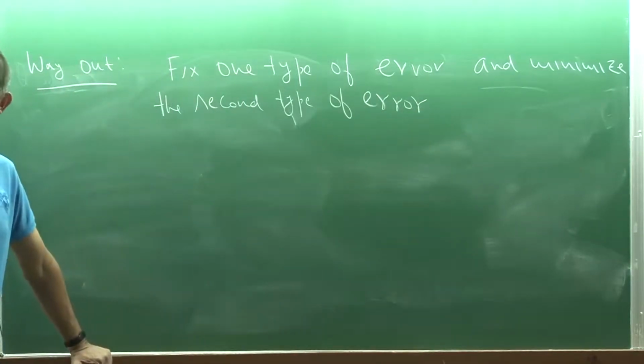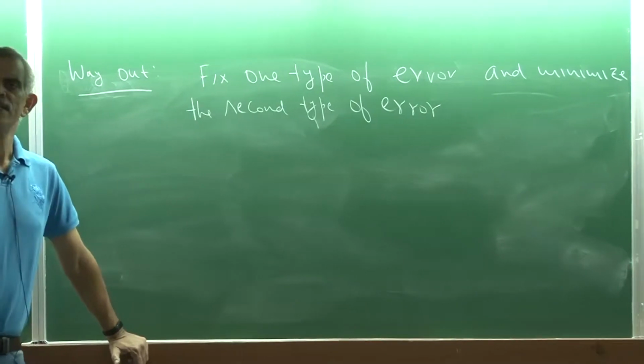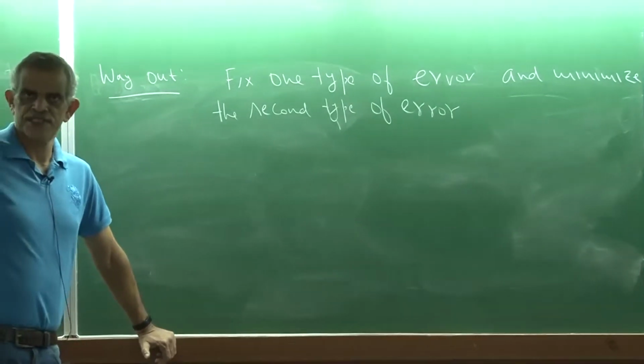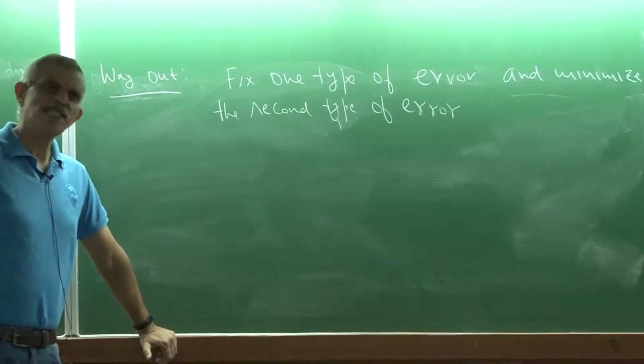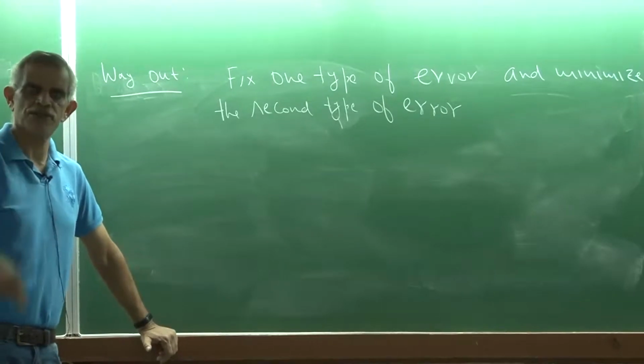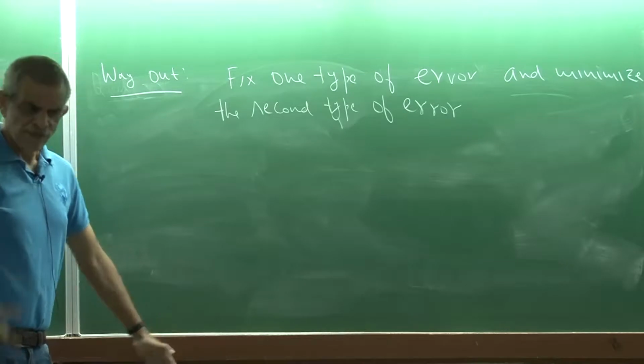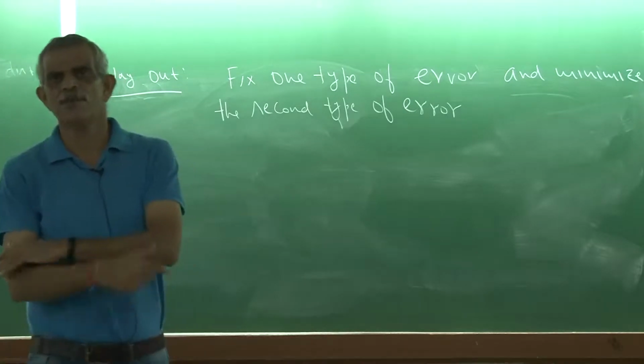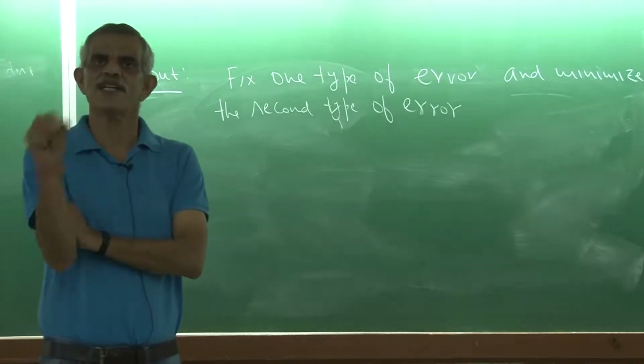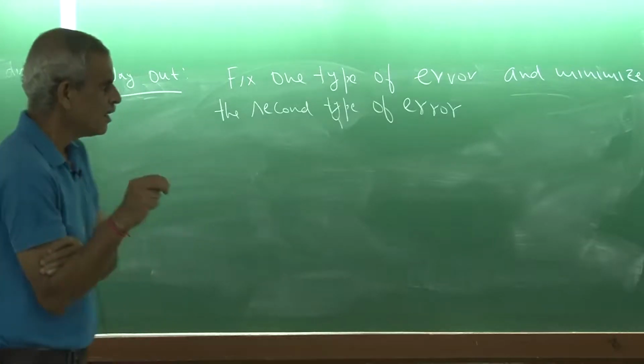So what I do is, without loss of generality, I can assume that type 1 error is more serious. Otherwise, you can interchange the null hypothesis and alternative hypothesis. So I frame my alternative hypothesis and null hypothesis in such a way that type 1 error is more serious. Type 1 error is